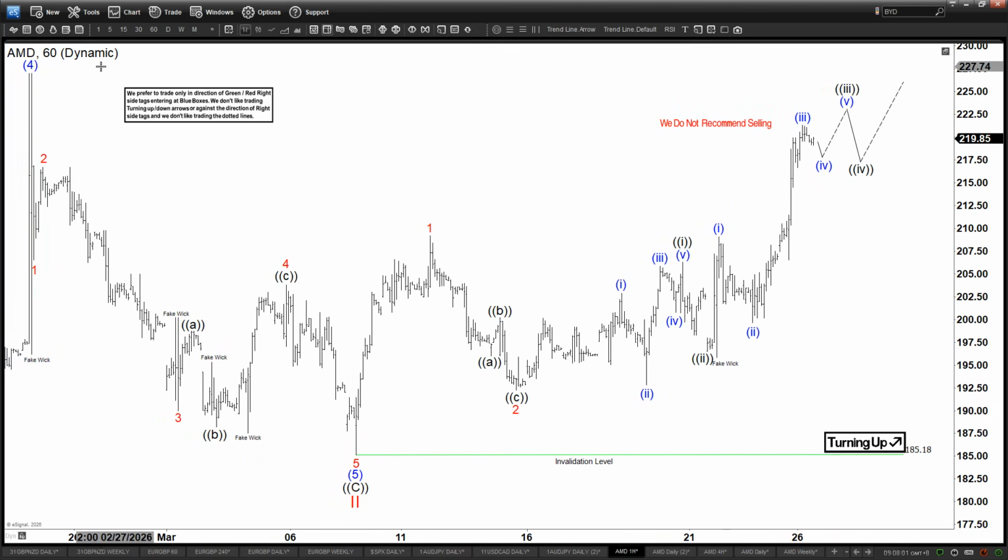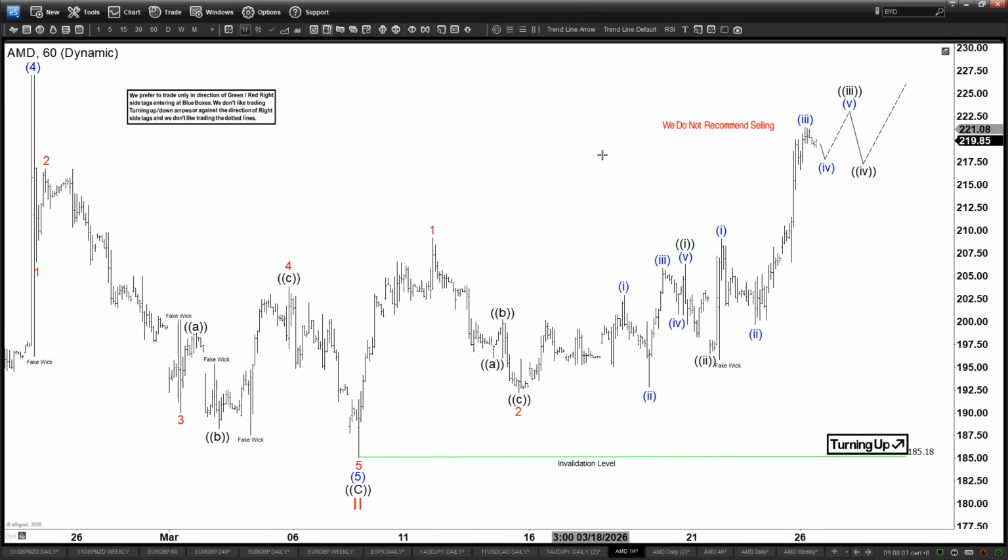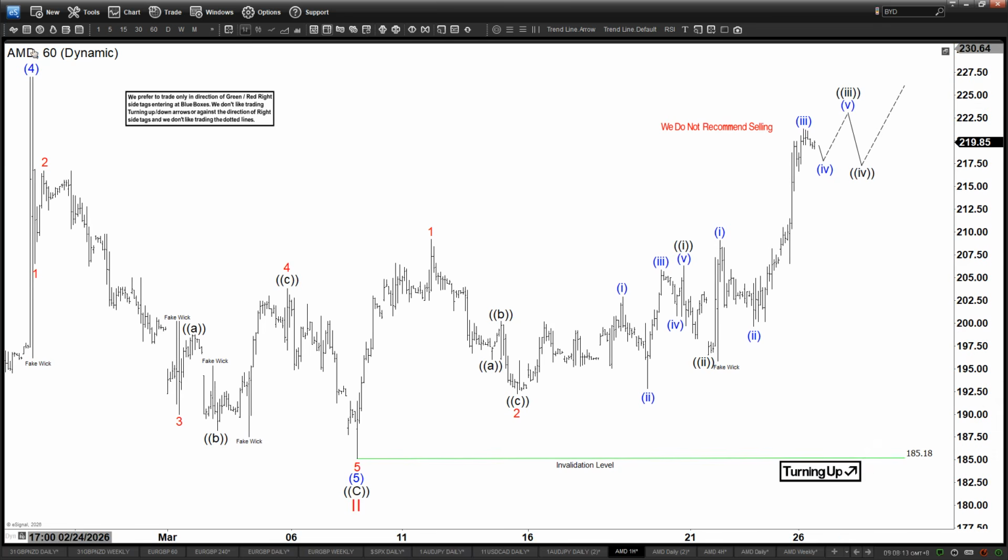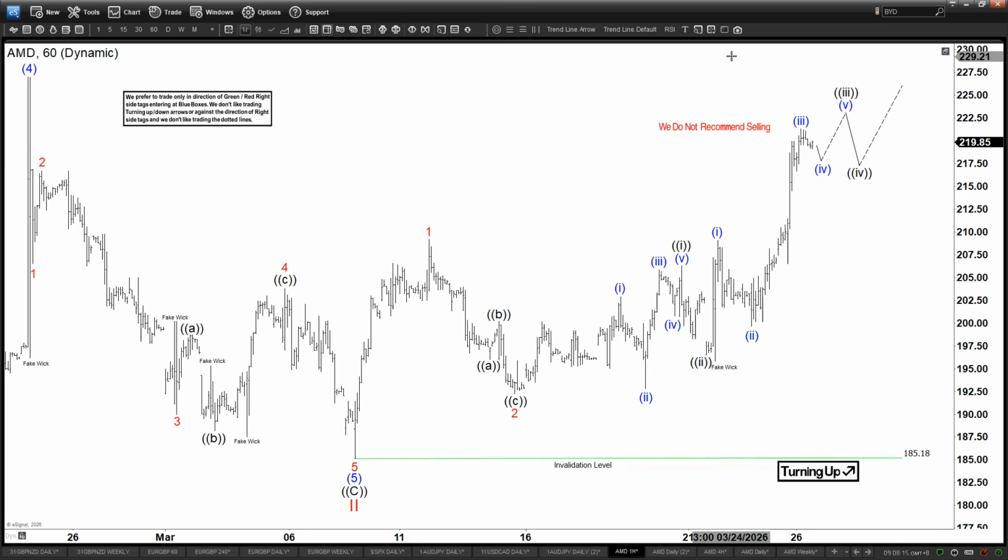Today we are looking at AMD. This is a stock, obviously, which belongs to the chips or AI category. On the 60 minute time frame, we are seeing that the stock ended wave 2 here. This is a cycle degree, by the way, and then we have started to continue to go